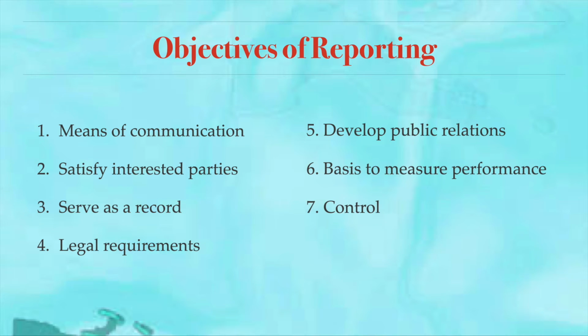Number four, legal requirements. Now, definitely your annual accounts, or what you call the final books of accounts, correct? Your profit and loss account or balance sheet or trial balance, these are all called what? Final books or final reports of the company, right? Now, why are they prepared? They are prepared in order to meet the legal requirements, that is the Companies Act, right? And also the income tax authorities, or even to show the public what we are doing with the money of the public.